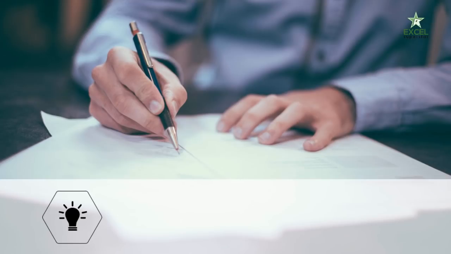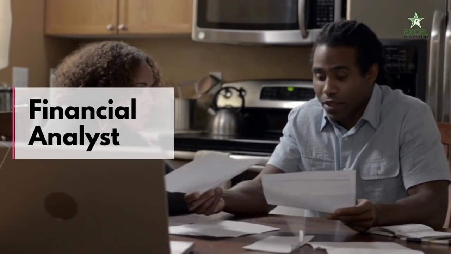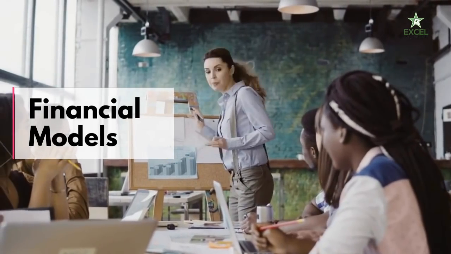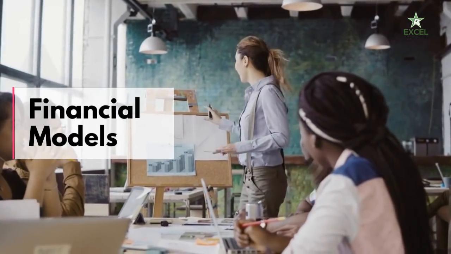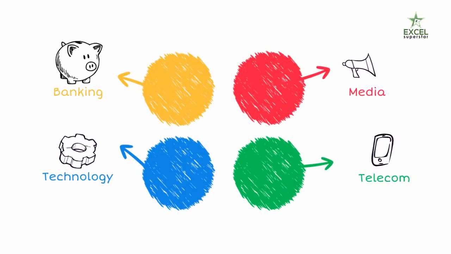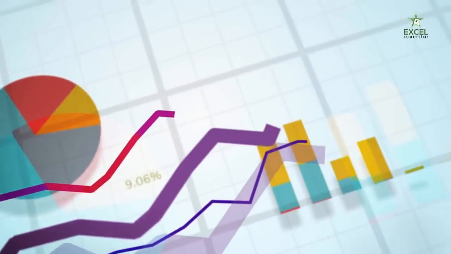To share with you an example from my initial career part, I was working with JP Morgan. I joined as a first year analyst and I had little clue about making financial models. There were analysts all around me. They were working in banking sector, technology, media, telecom, etc. Almost all of them were making financial models in respect to their industries.